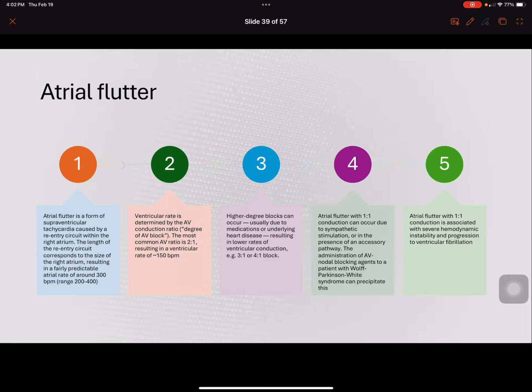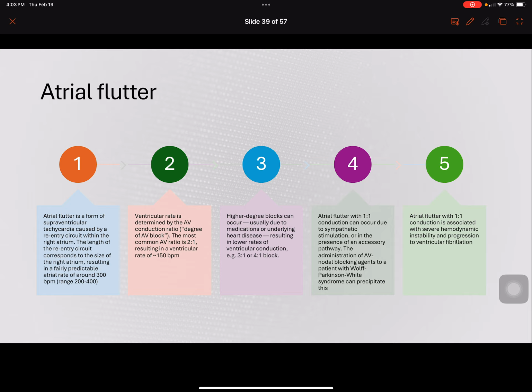Okay, A flutter now is a little different than AFib. A flutter is a form of supraventricular tachycardia. It's caused by a re-entry circuit within the right atrium, and the length of that re-entry circuit corresponds to the size of the right atrium, resulting in a pretty predictable atrial rate. We're going to learn what that means in a second, because I understand that probably is a little